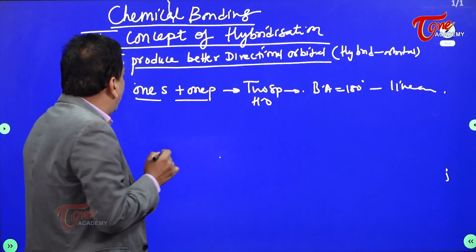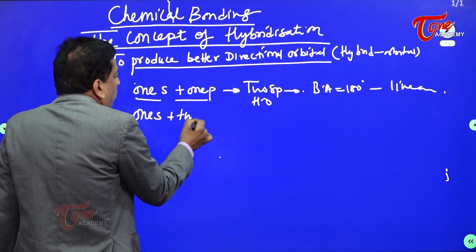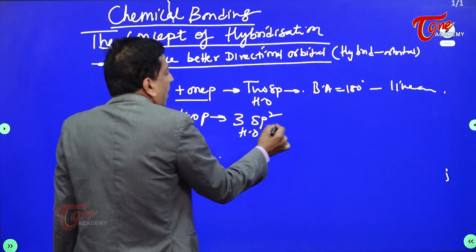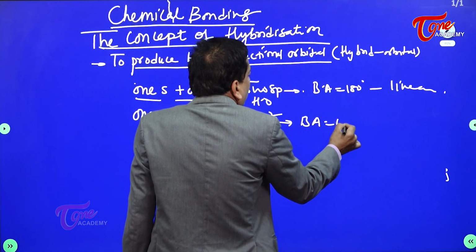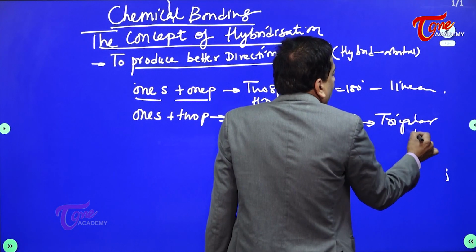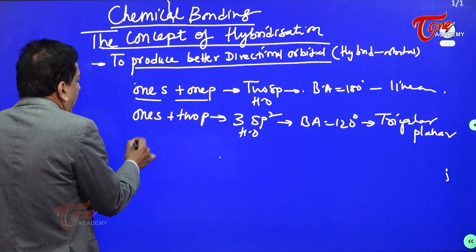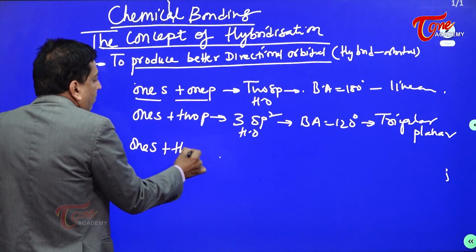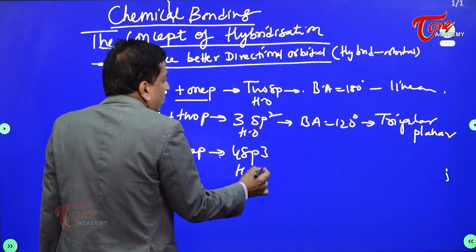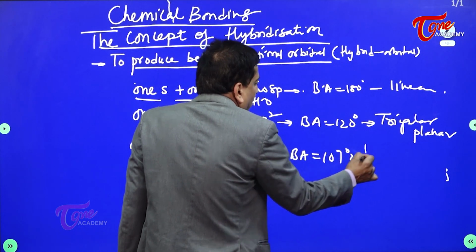You must understand, right? You can have 1s and 2p's, and then you get 3 sp2 hybrid orbitals. The bond angle is 120 degrees and the shape is triangular planar. Similarly, you can have 1s and 3p's, and then you get 4 sp3 hybrid orbitals where the bond angle is 109 degrees 28 minutes and the